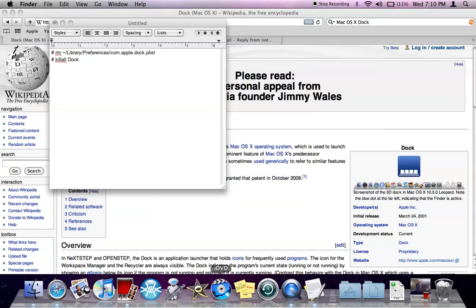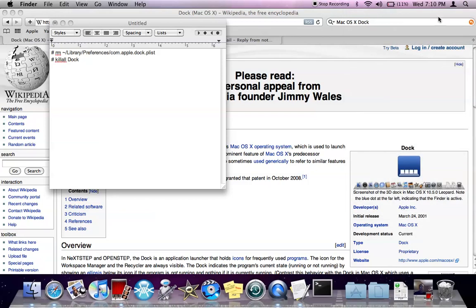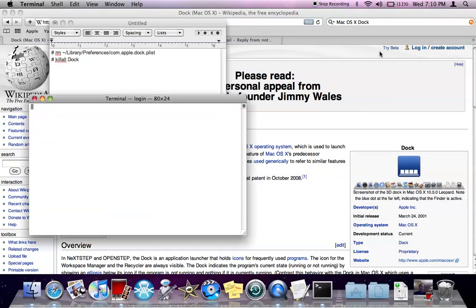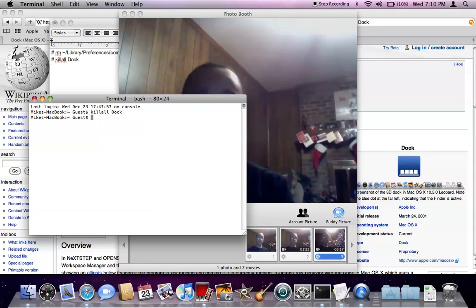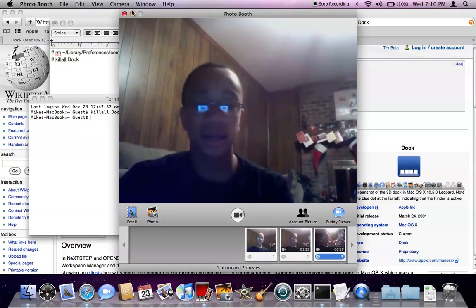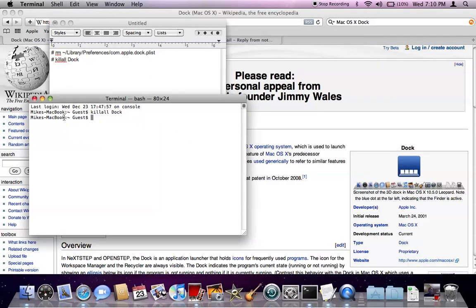Now, the only thing is we gotta reset the dock. You can either restart the computer or type in Terminal. Open up Terminal and type in killall Dock. Now, one thing you might want to know is once you type in killall, you must capitalize the D in Dock. So once you do that, you want to press enter. It's going to take away the dock and bring it back up. And it basically reset my dock. So that's how you reset the dock on Mac OS X. It brought everything else back up.